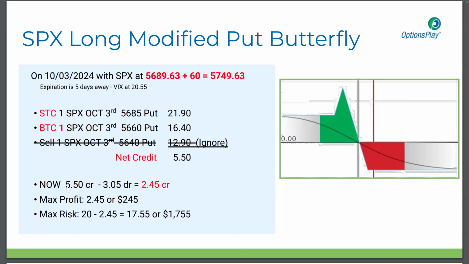So now our $550 net credit minus the $305 debit means overall in our whole gaggle of securities on this position, we now have a $2.45 net credit that came into the account as opposed to a $3.05 net debit. Now, on a 1-by-2-by-1 basis, this would be $245 that we brought in relative to a $305 debit. That sounds great, doesn't it? Market's up. We're now rolling into a short put spread, but max risk.